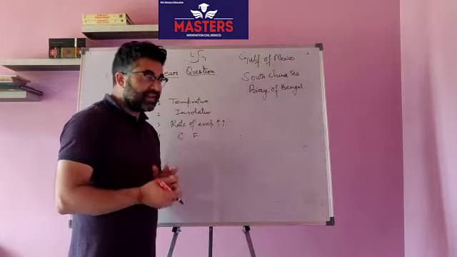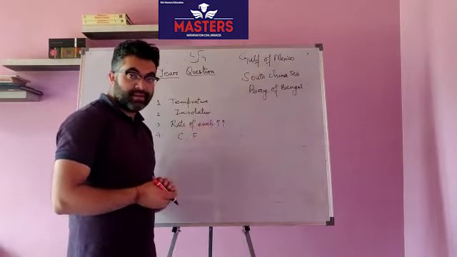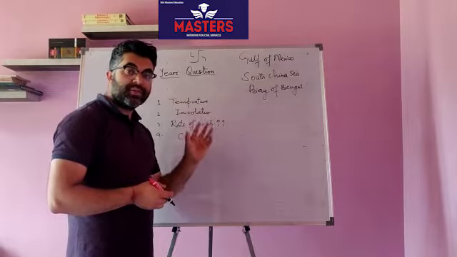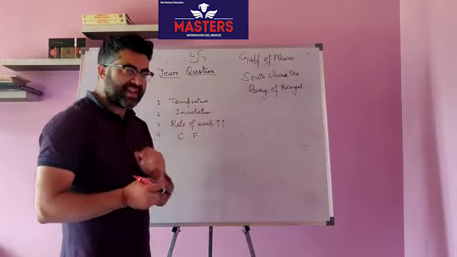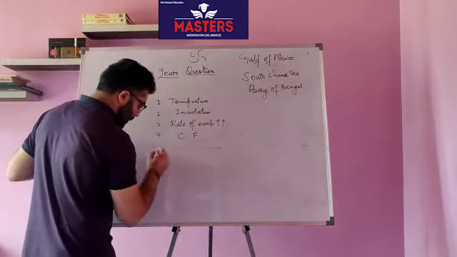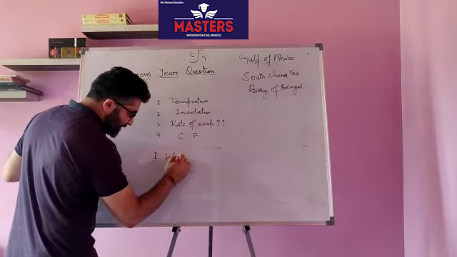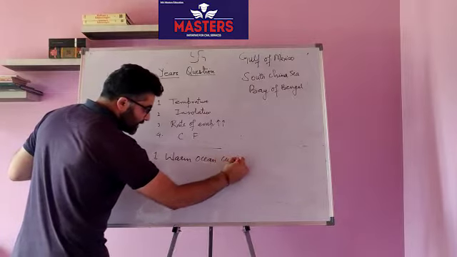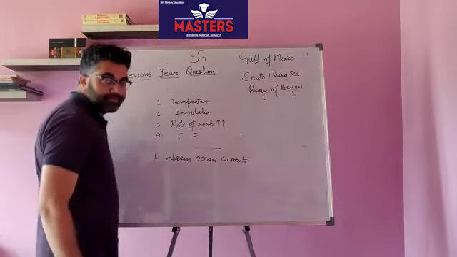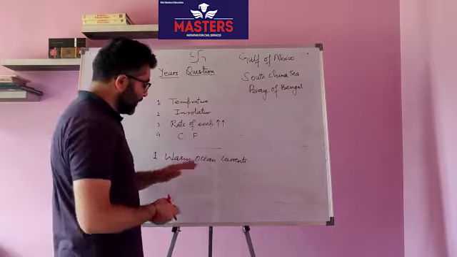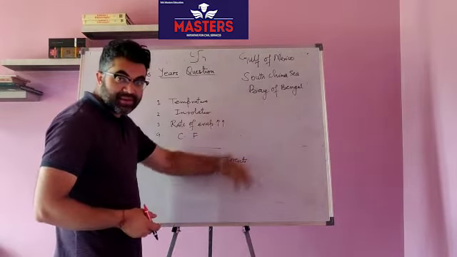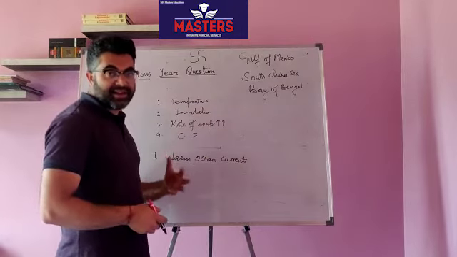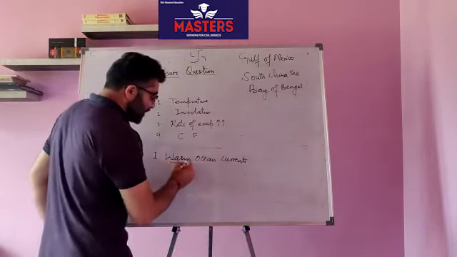But there is one thing that is common in all the 3, and what makes them more vulnerable to tropical cyclones. And what is that? Warm ocean currents. So we know that warm ocean currents increase the temperature of water, increase the rate of evaporation, therefore increase the chances of tropical cyclone. So warm ocean currents.